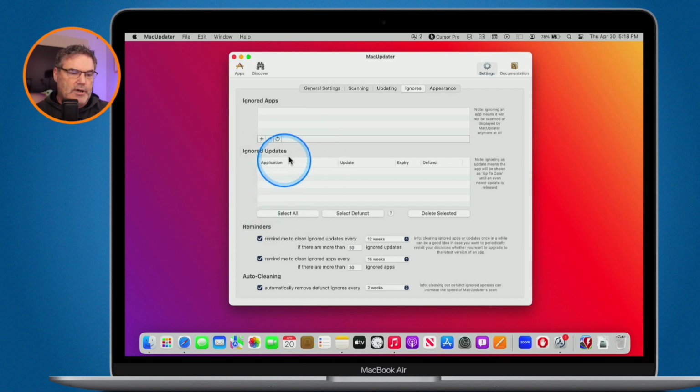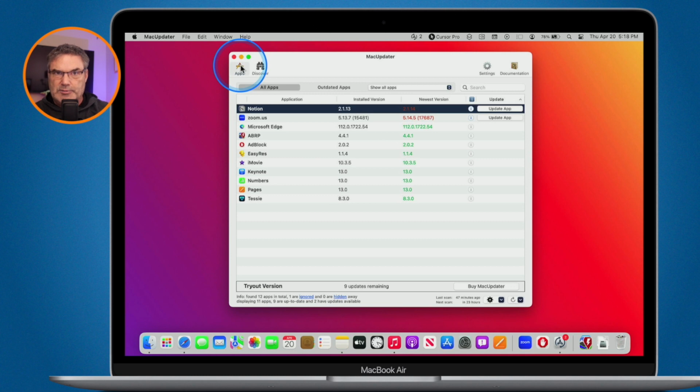So, this MacUpdater has been around for a while. I completely forgot about it. But I think this would be a good way to keep up on all of your apps. Probably what I will do is download this on my, this is on my demo computer, but I will probably download it on my main computer because I have a ton of apps on there. I don't necessarily keep track of the App Store, but what about all the other ones? This one will take care of all that for me. So I think MacUpdater would be a good solution for that. You used to be able to do this through websites as well, but I think this is a good solution. Do you have any questions on that?